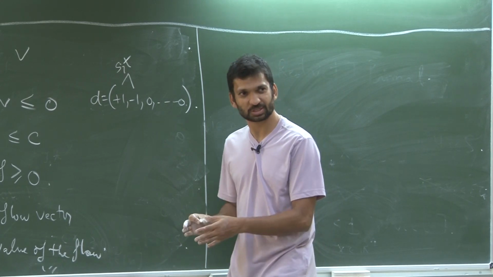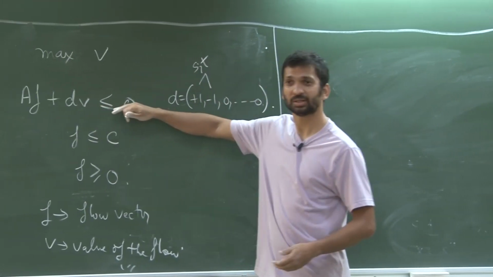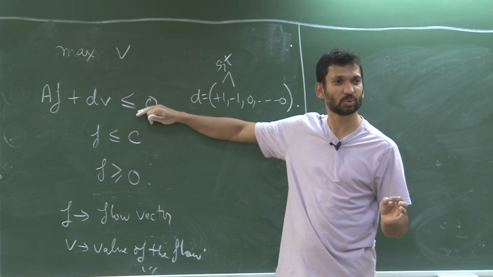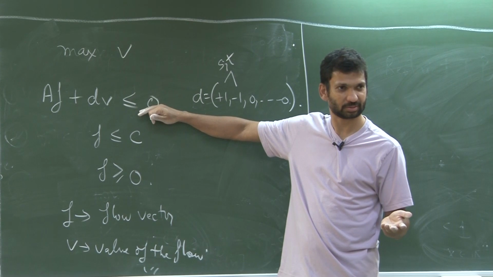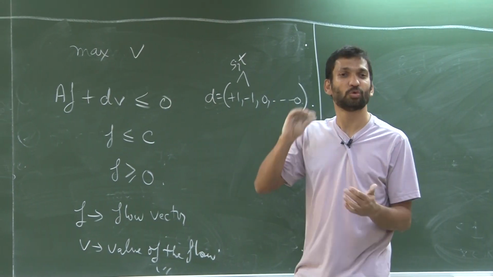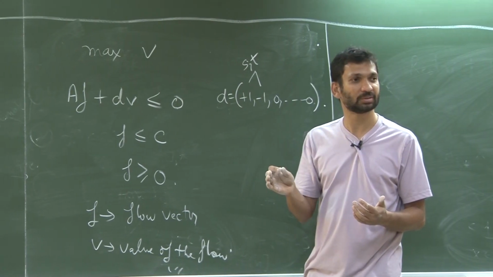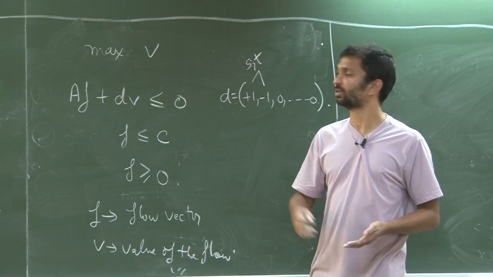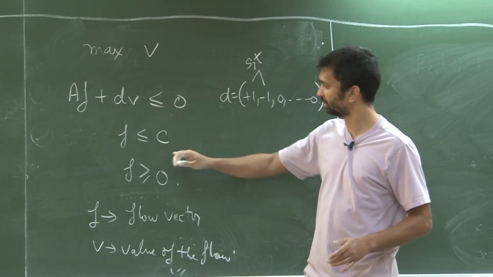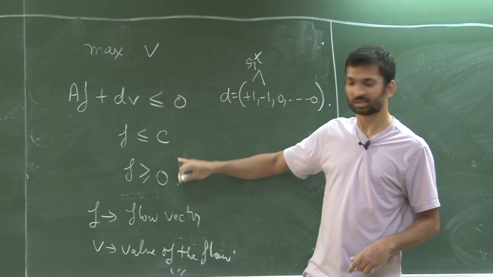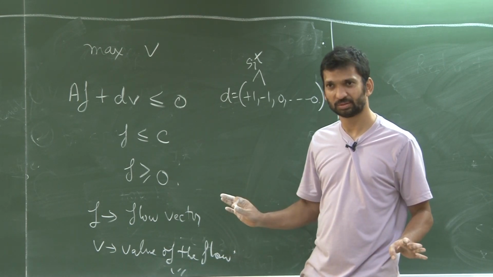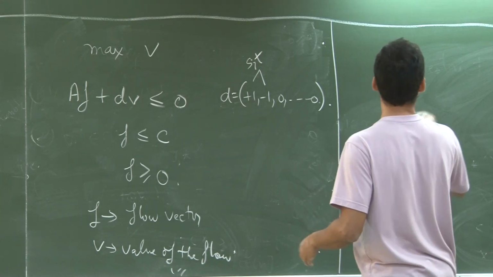If this still seems mysterious, remember we had the flow conservation constraints. Instead of equality, we had changed it to less than or equal, it didn't matter, right? So the previous constraints look like AF less than or equal to 0 for all the vertices except S and T. Here we have included S and T. That's all. This is the capacity constraints, flow has to be positive. Great, right? And now,